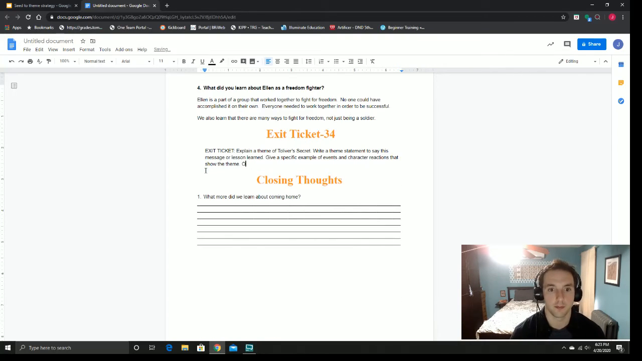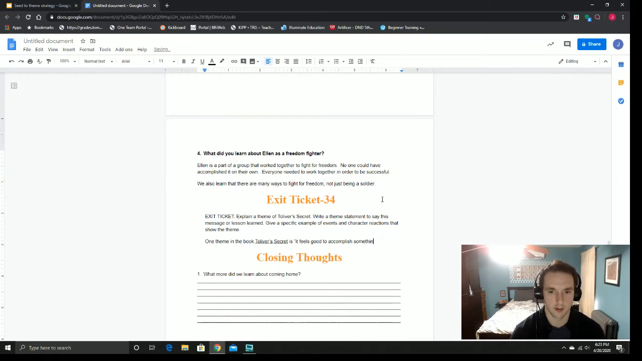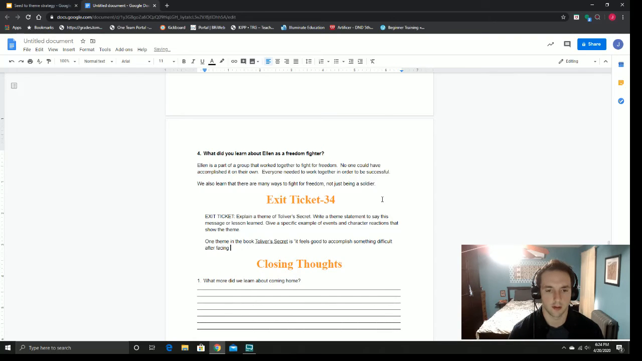So one theme in the book, and this is a book, so it should be underlined, Toliver's Secret, is, I'm going to put my theme in quotes because I think it's easier to see that way. Is it feels good to accomplish, what did I say before? Accomplish something difficult after facing challenges. The story shows this because when